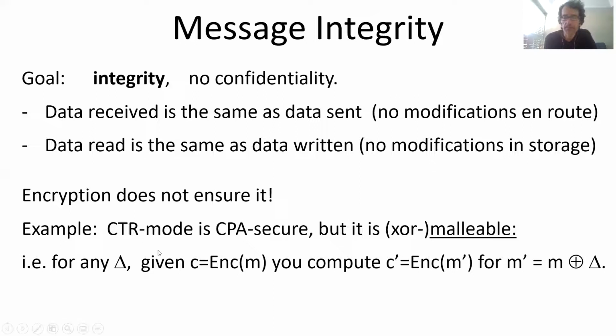And all the encryption modes we have seen are subject to this. It's very easy to see in the one-time pad. It's very easy to see in a stream cipher because of its similarity. And counter mode is actually a form of stream cipher too: you compute a PRG string, a pseudorandom string, and you XOR the message. For CBC, it's a little more complex to see, not really, it's just a slightly different way of attacking, but it's also malleable.